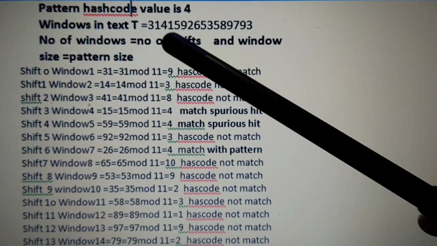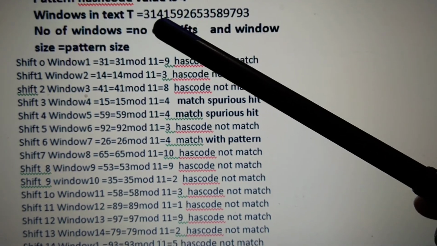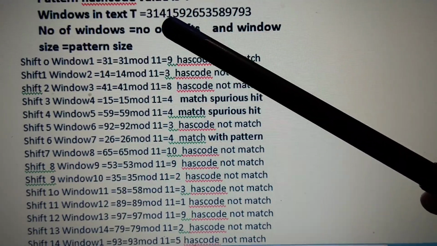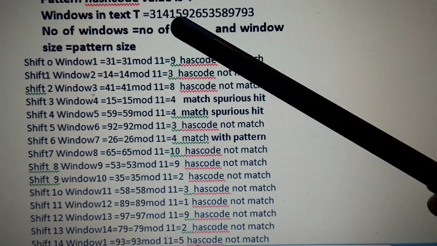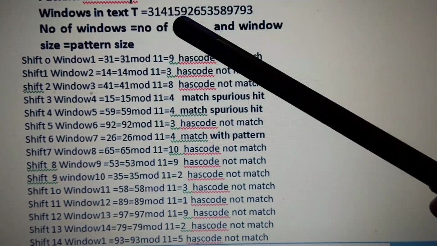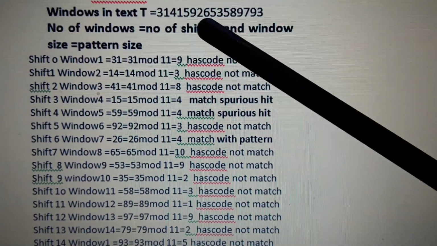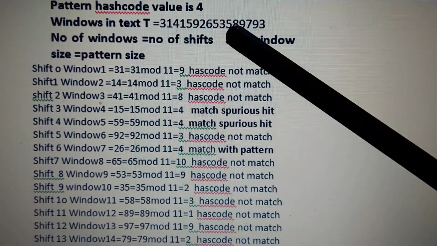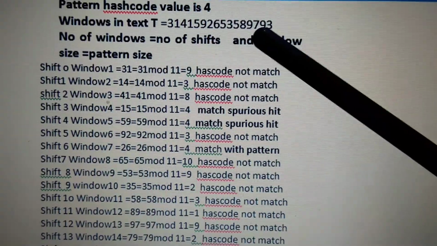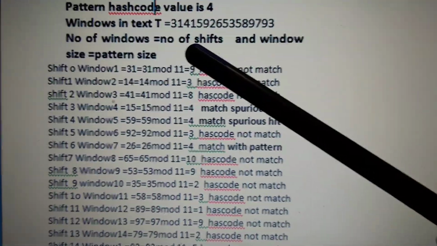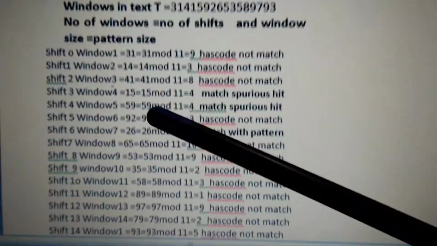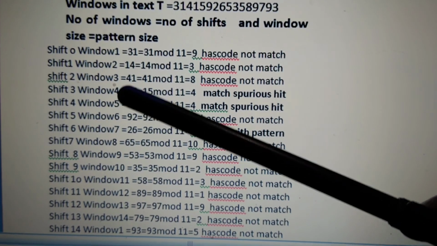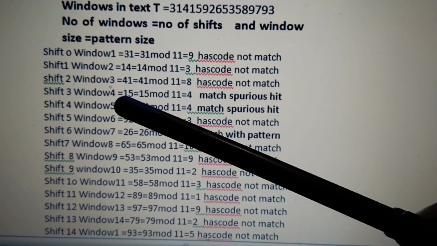For the windows we have to select two consecutive characters from the text: window 1 is characters 1 and 2, window 2 is characters 2 and 3, window 3 is characters 3 and 4, window 4 is characters 4 and 5, and so on.